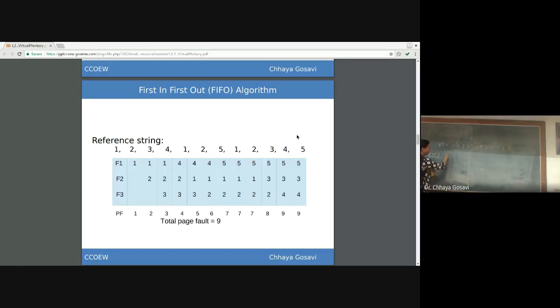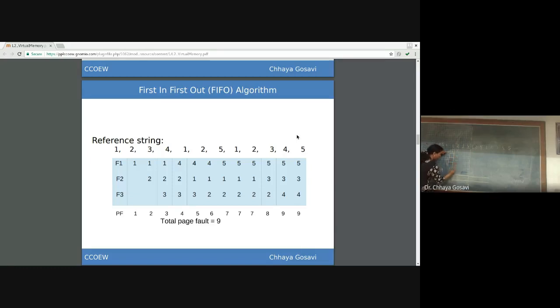Now, if we have 4 frames, for 1, this is a page fault.